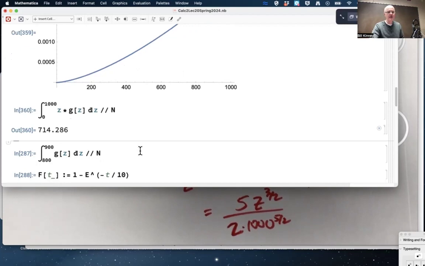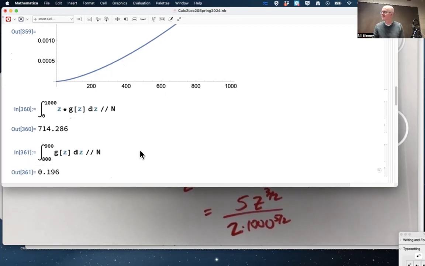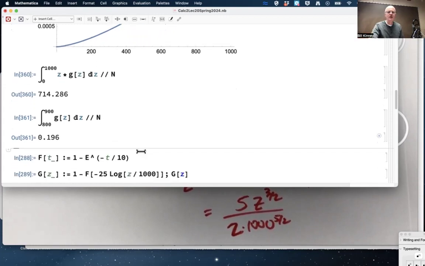We could find a probability. What's the probability that the present value of an arbitrarily chosen refrigerator from one arbitrarily chosen customer will be between 800 and 900? It would be integrate little g from 800 to 900. That probability is close to 20%. Integrate the PDF to find a probability. We've done that a lot before. You could find